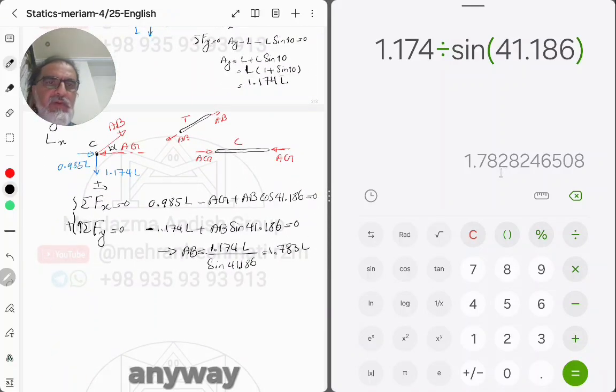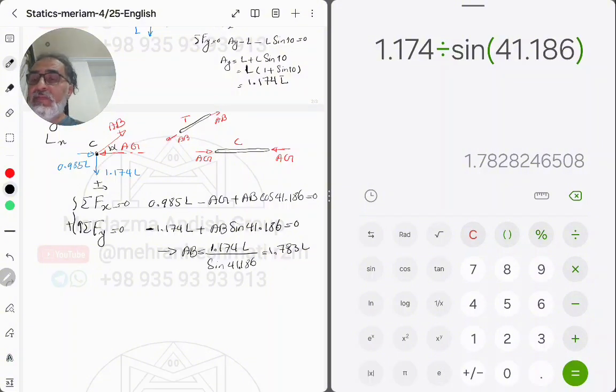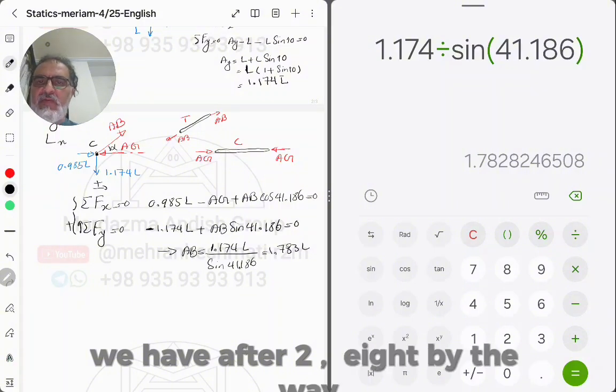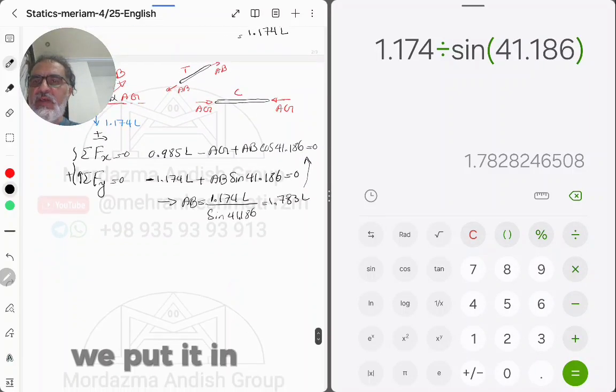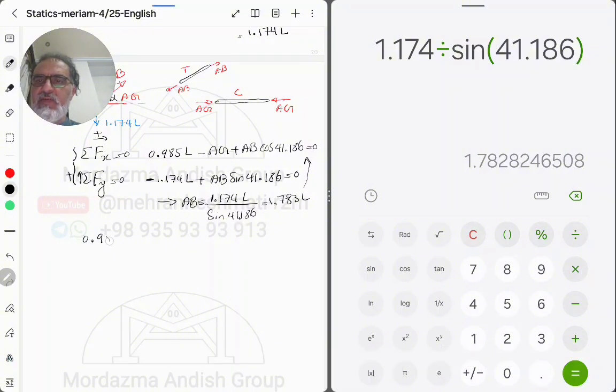No, 2, but I think 3 is more correct because we use, after 2 we have 8. By the way, we put it in the first equation, so we have